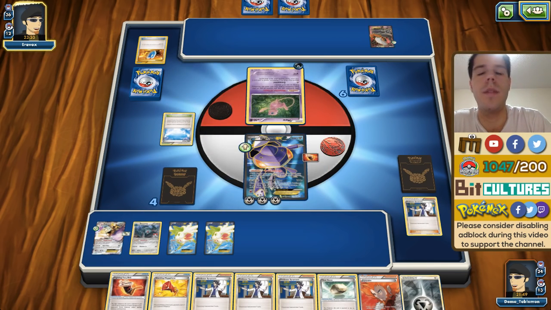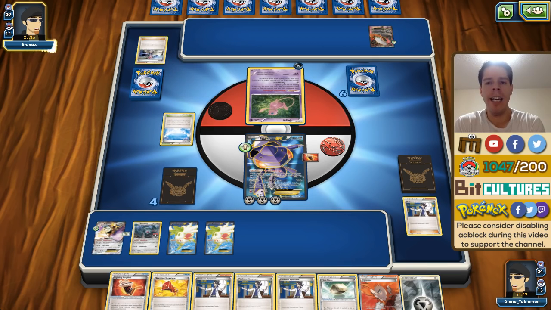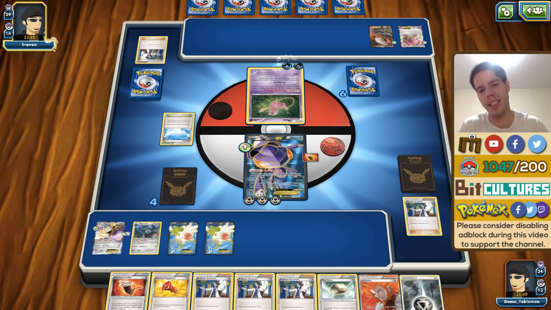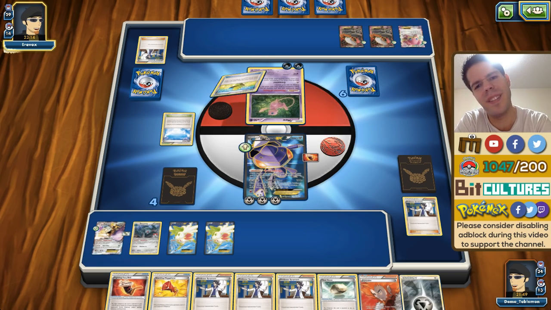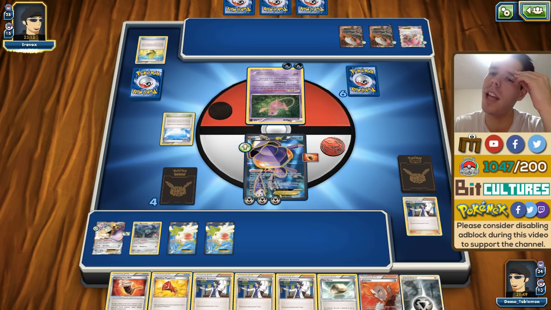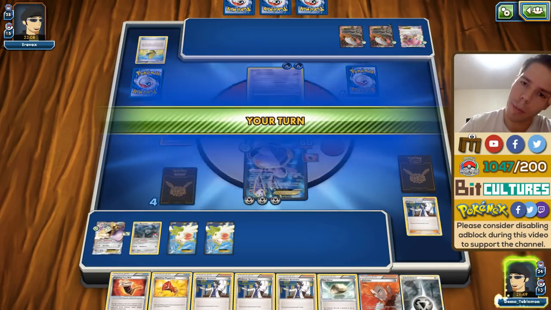Very, very nice. My opponent does top deck out of the situation he was in. Goes into a Sycamore. What? And we see a Mega Audino. What? I have no idea what Mega Audino even does. I generally don't know what Mega Audino does. Okay. My opponent...